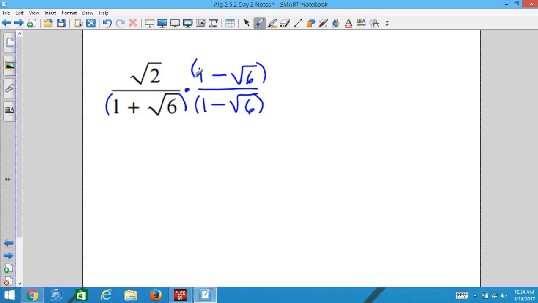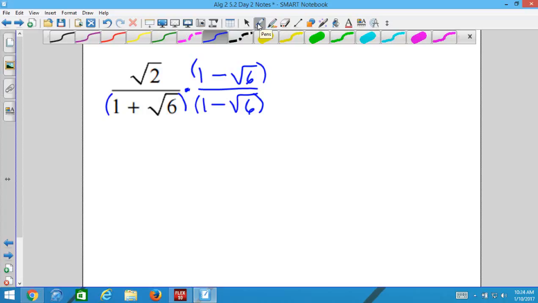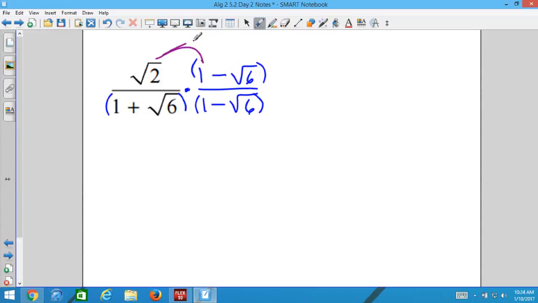How am I going to multiply 1 term on top by 2 terms on top? Distribute. So I get radical 2 minus radical 12 over